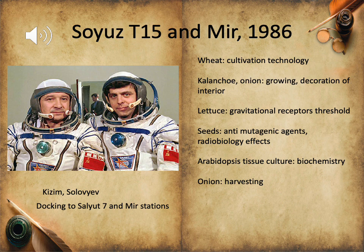Tissue culture experiments gave increased biological activity of plants, first potato harvest, and the first result of long-term seed exposure to space, 6 years, and a harvest was obtained from them. Mir station expeditions were more open for international